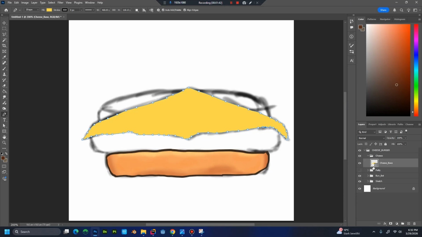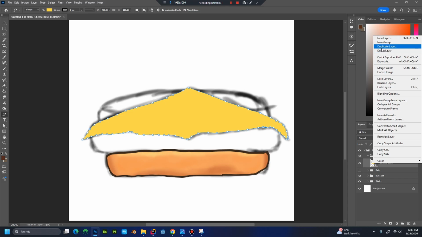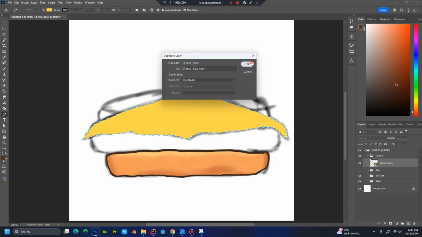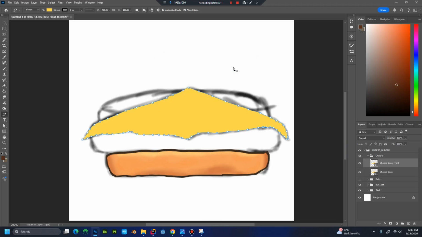What I'm going to do here is duplicate this guy, and instead of an outline this time, I'll give a bit more 3D shape. So I'll just duplicate this layer. We can keep it, or maybe call it cheese base front, because I'm going to design this front part. So what I'm going to do is just Control T this